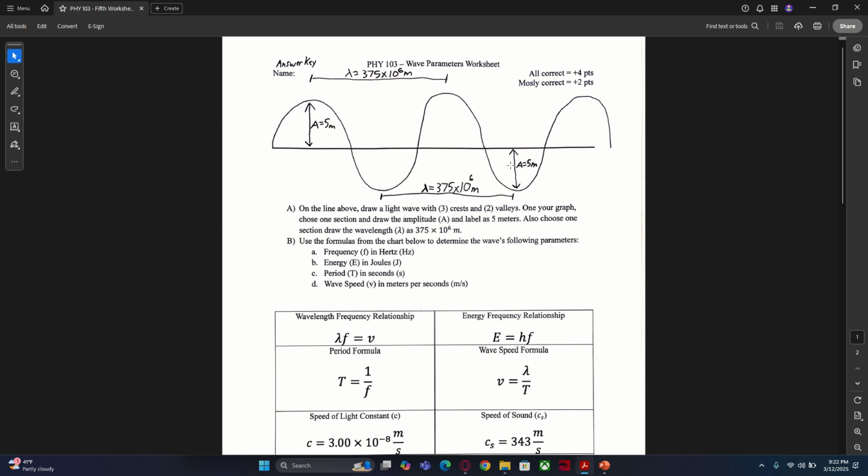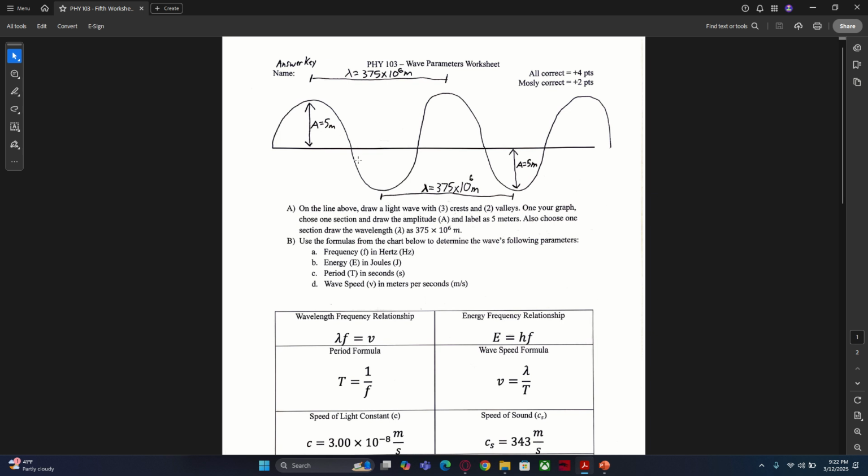I'm just showing both options, but you're welcome to choose at least just one. And it could have been this crest, or this crest, or this valley, or this valley. Doesn't matter. Just choose a point between this arbitrary axis and as far as you can get while still touching